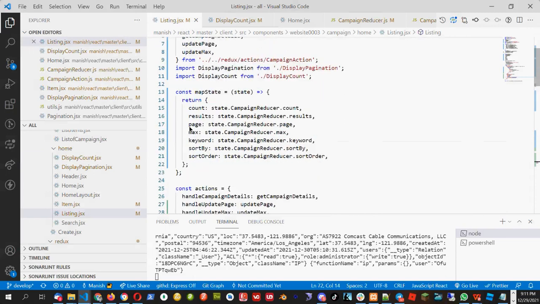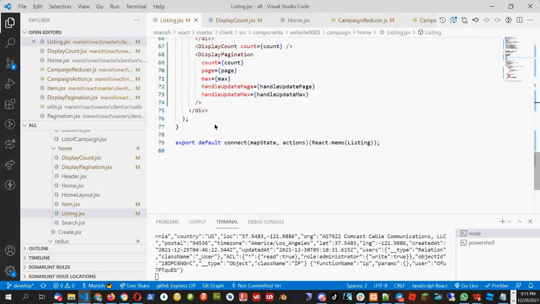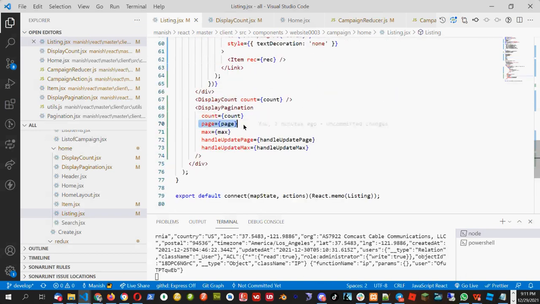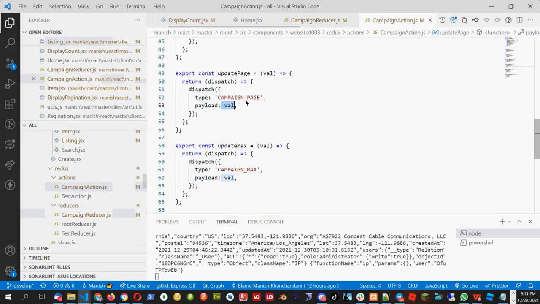To display the pagination, we grab the page and max from the reducer on this page in the map state part. Once these 2 variables are created here, they will automatically be pre-populated in the props in this listing component. And we pass this page and max to the pagination component, and the count which we get from this action.